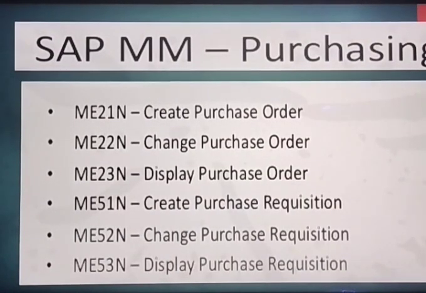SAP MM purchasing T codes are: to create the purchase order it is ME21N, to change or edit the purchase order it is ME22N, and to display the purchase order it is ME23N. To create the purchase requisition that is ME51N, to change and edit the PR, that is purchase requisition, is ME52N, and to display the purchase requisition is